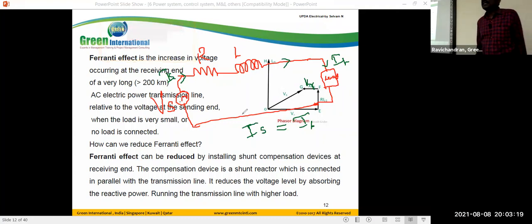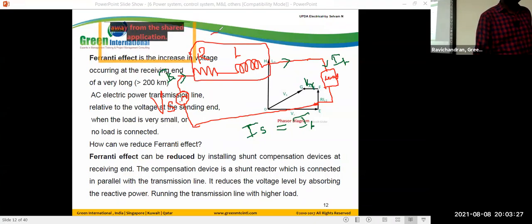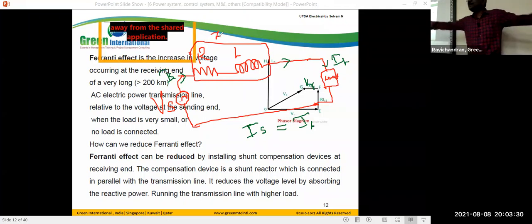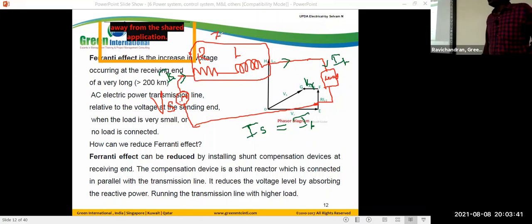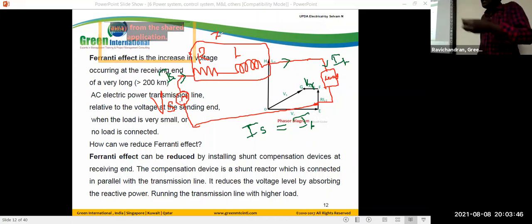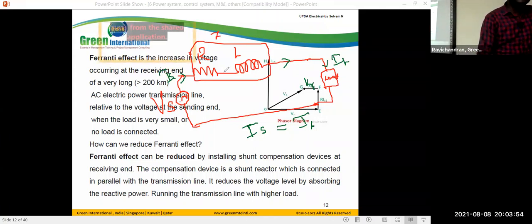How much current is carried by the resistance and inductance? You put them together in general as Z. The Z stands for the transmission line. The resistance and inductance value of the transmission line we call Z. How much current will flow through the conductor? The conductor carries the same supply current or the same load current, correct? So here it carries IS or IL.